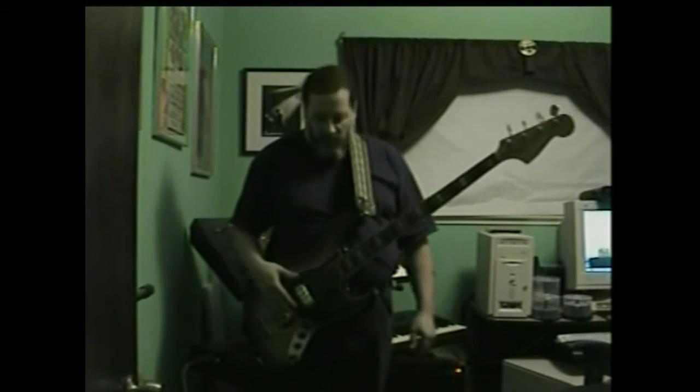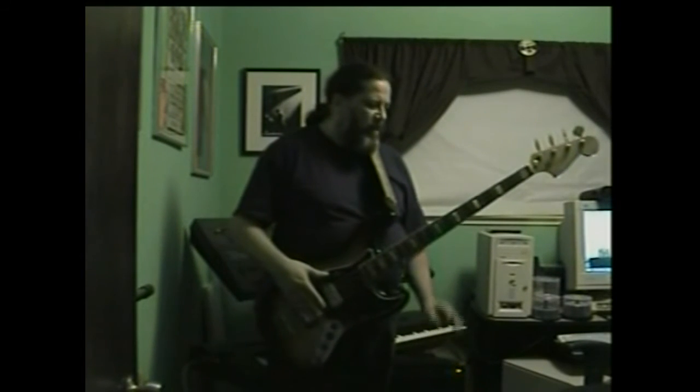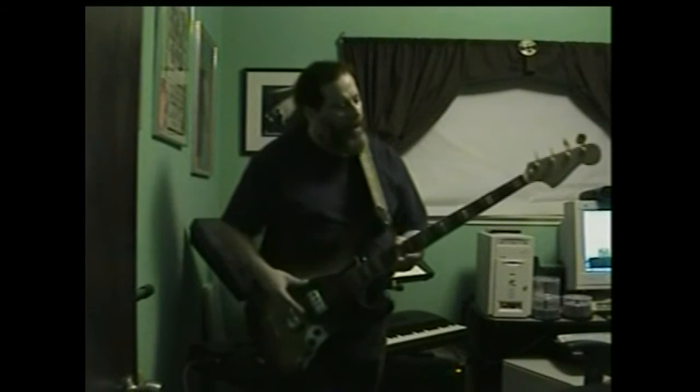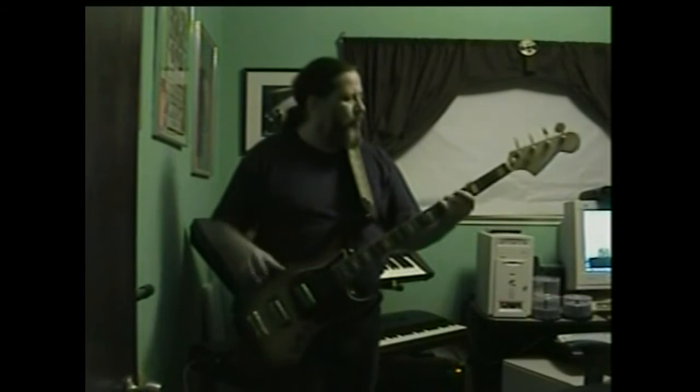This technique is sometimes called slap bass, and it makes a metallic click on the strings. Sounds a little sharp if you're playing the bass by itself, but if you're in a band and you're playing certain tunes, it can work out quite nicely. The technique goes...